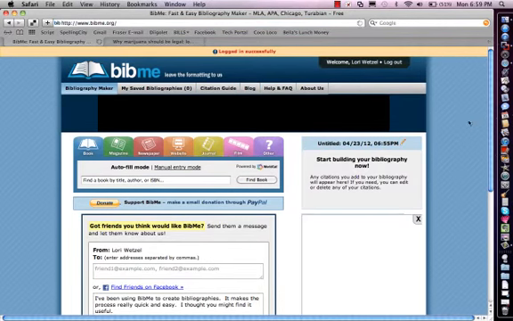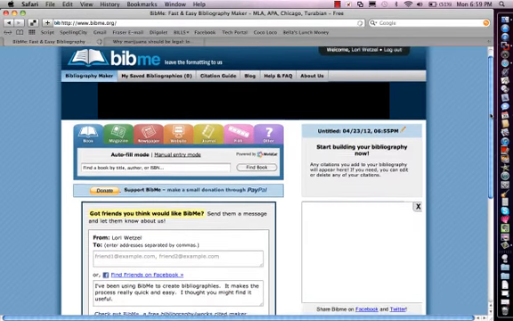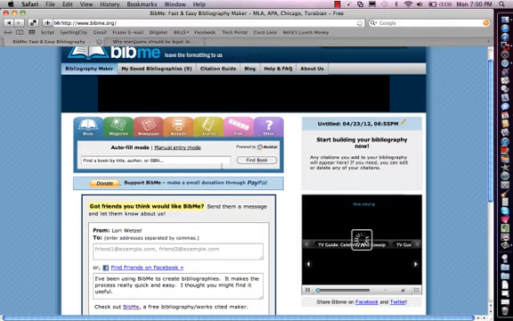As you can see here, this is an online bibliography maker, and it can track citations and different resources that students are using. Just to give you an idea of how quick and easy this is, you see the different tabs. I'm just going to start with a book. It says here to find a book by title, author, or ISBN. So if you have a student that's working with a particular print title, they can type that in exactly. I'm going to start by trying the ISBN of a book I have here in front of me,